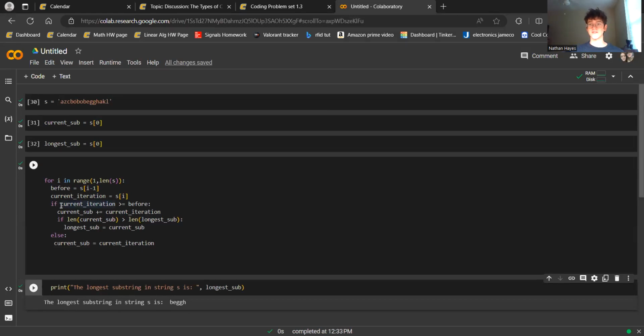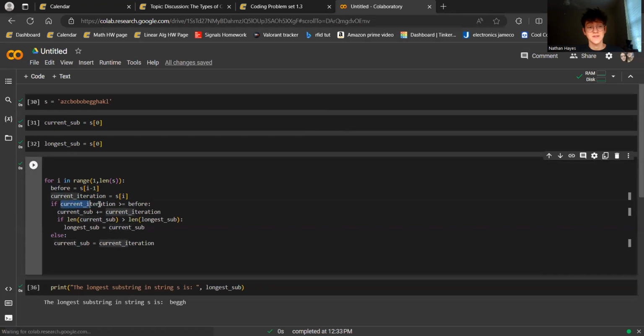Something that I had to learn during this: originally I wanted a way that I could correlate letters and numbers together, like A equals 1 or B equals 2, but apparently it does that on its own. I'm not used to that. I feel like the alphabetical order codes that I did in Java were not like that, but it's been a while since those classes. It took me a little bit of Googling to find out that you can say the current iteration, the one in front of what before would be, which would be the one behind,